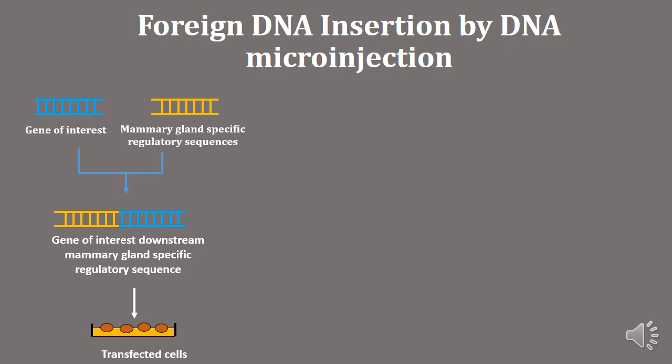Usually, the best time to transfer the genes of interest or expression vector is when the two pronuclei are present. The resulting pronuclei will fuse and our inserted DNA may or may not be taken up during this fusion process. But if it's taken up, it will be expressing our protein in the milk of the resulting organism at the end of this process. So we create these transfected cells using DNA microinjection.